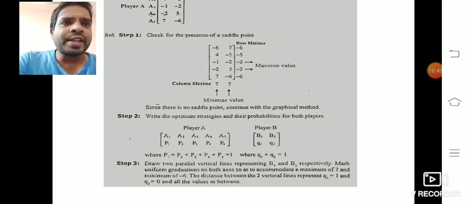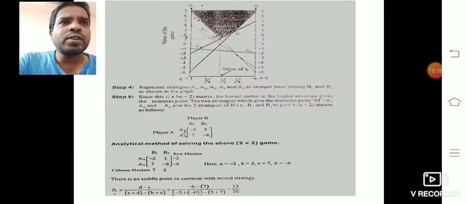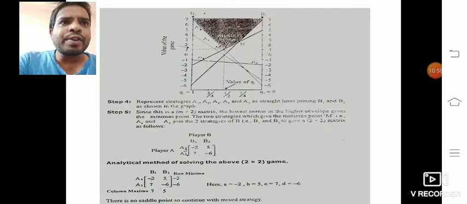For player B, B1 and B2 are there, and write down the probabilities Q1 and Q2. Now similarly write down 2 vertical lines, that is B1 and B2. Those 2 vertical lines are separated by the probability line, that is Q1 to Q2. Q2 you can take as 0 at the right side and Q1 at the left side equals 1. That line is divided into 4 equal parts: 1 by 4, 1 by 2,